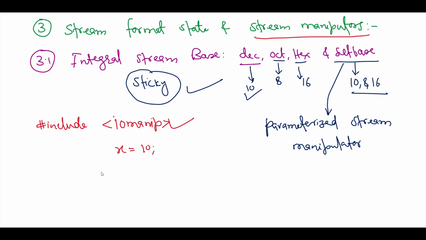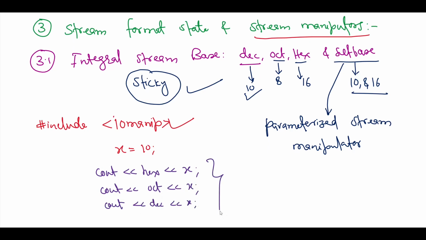Then you have to use something like this, cout hex, because we want the number in hexadecimal format. Then use the variable. If you want to change this to octal, then you have to use oct and then the number. And similarly for decimal, use something like this, right? You can also use setbase: cout setbase, pass 10 and then the number here, right? So we'll create a program for this also so that you are able to see the output and all the input together. Now let's move to another part, which is justification.